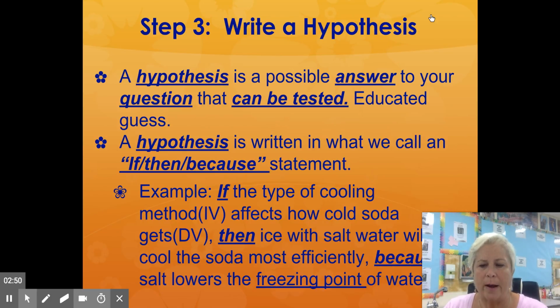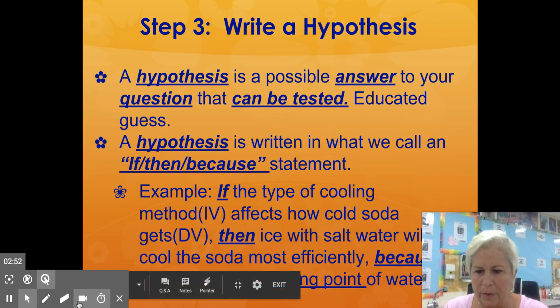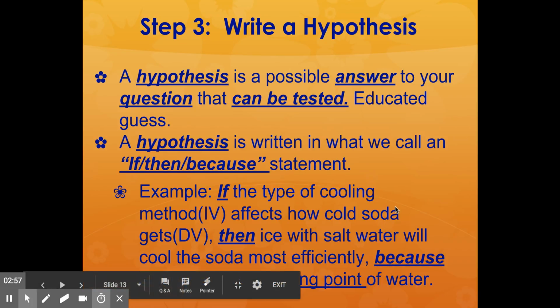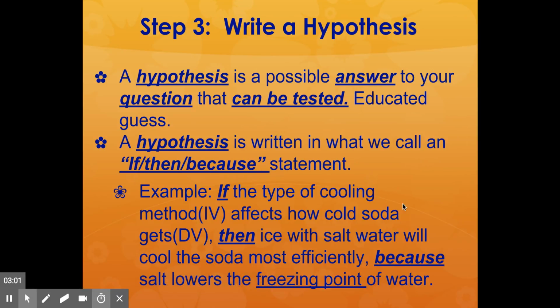All right, so for our example here, let me turn the camera off so that you can see it clearly. All right, so here's the example for the diet root beer experiment. The first section, the if section of the if-then-because, is that if the type of cooling method affects how cold soda gets, so affects the temperature of the soda, right? So the cooling method, remember, is our independent variable,